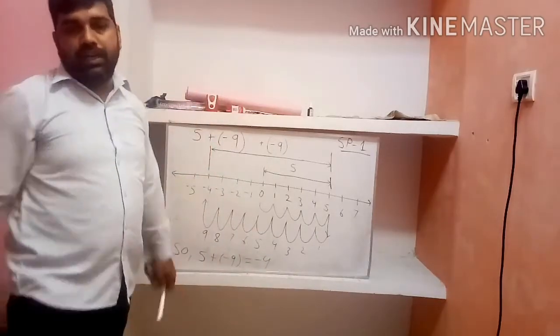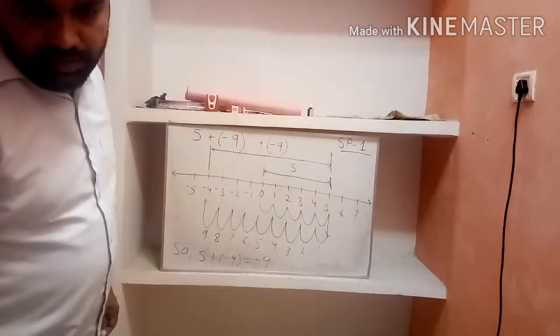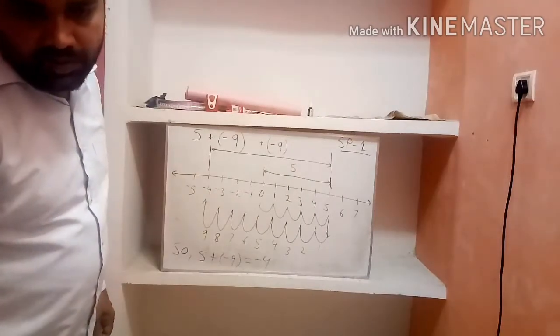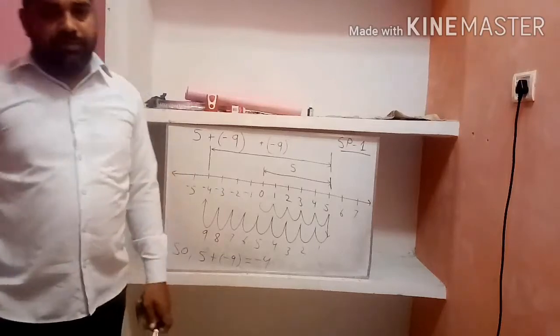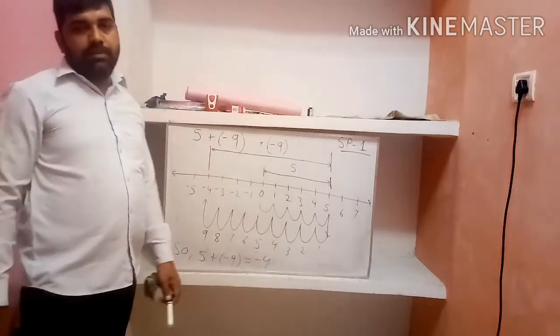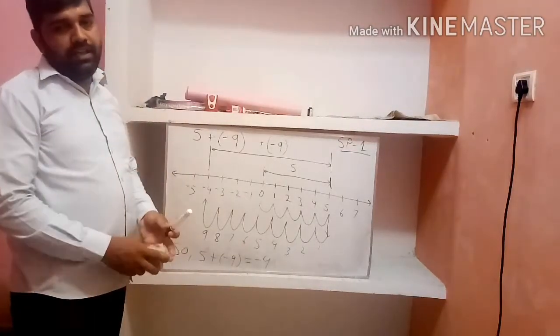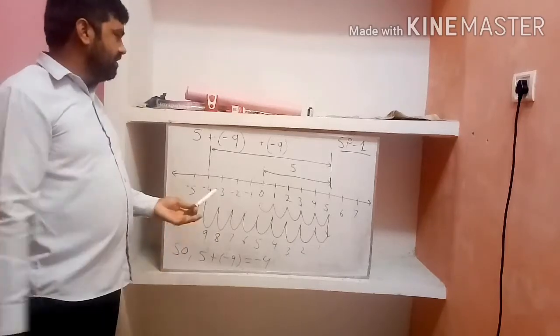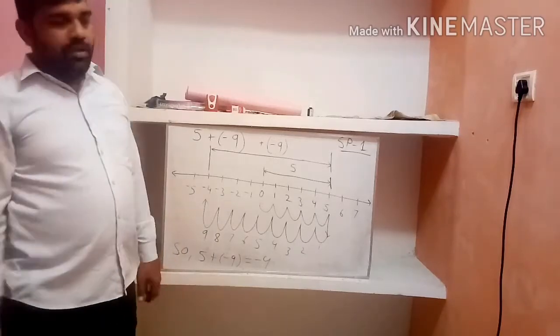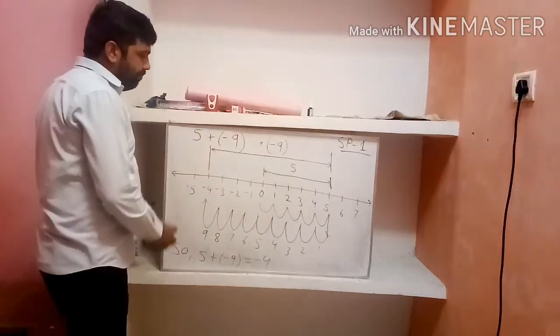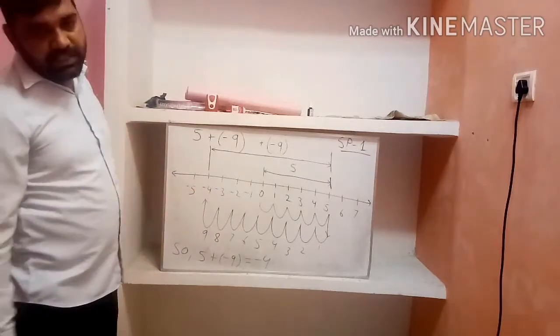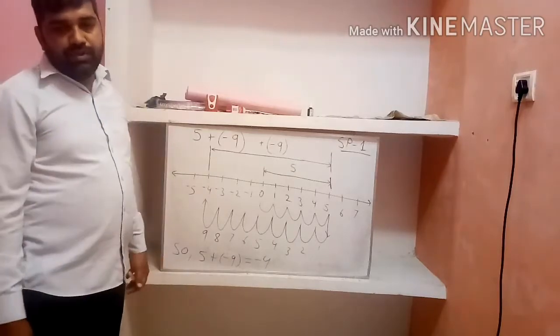Okay, like this we do the addition on the number line. So see, some absolute values are there. If the signs are same, find the sum of their absolute values and use the same sign as that of the two integers. If the signs are same, there is no problem. Like this, 5 plus 9, if both the numbers are positive, you get a positive. 5 plus 9 is plus 14. 5 plus 7 equals 12.